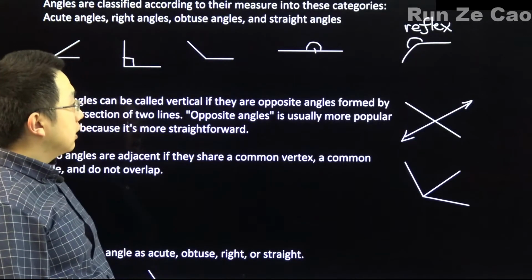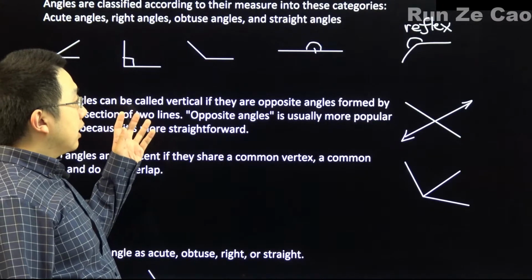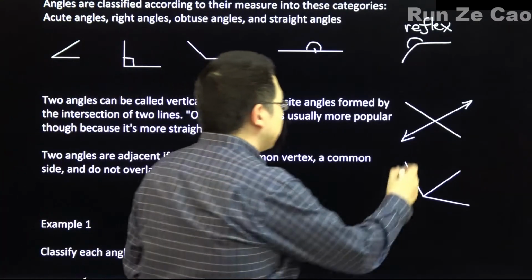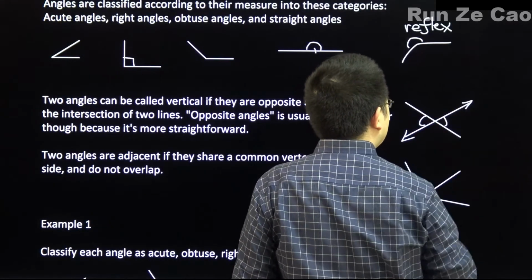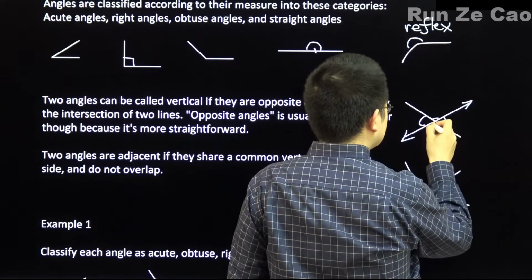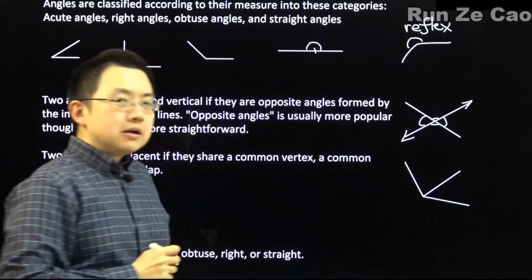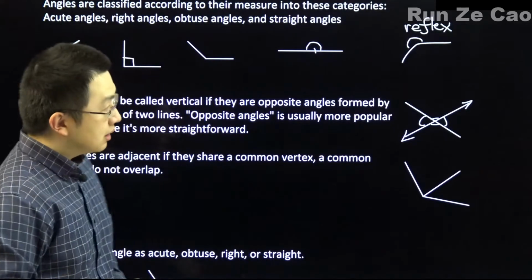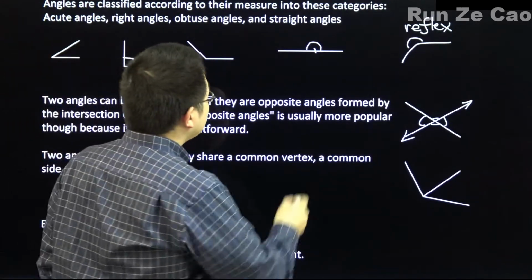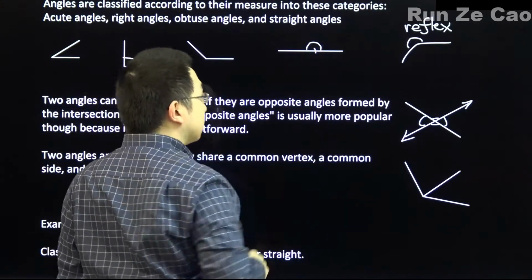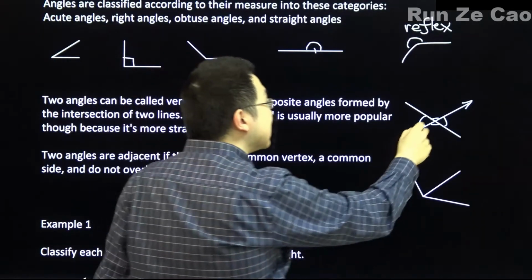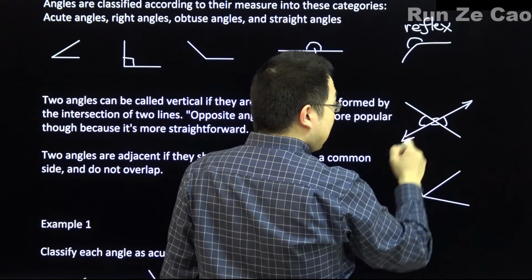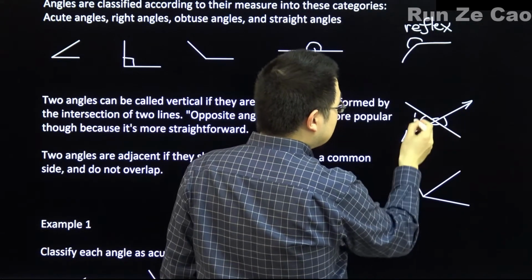So, if you are in the United States, you may call opposite angles like this one and this one, or these two. Opposite angles are the same because, well, your straight line is a straight angle. This is 180 degrees, okay? So if you take 180 degrees here and 180 degrees here,